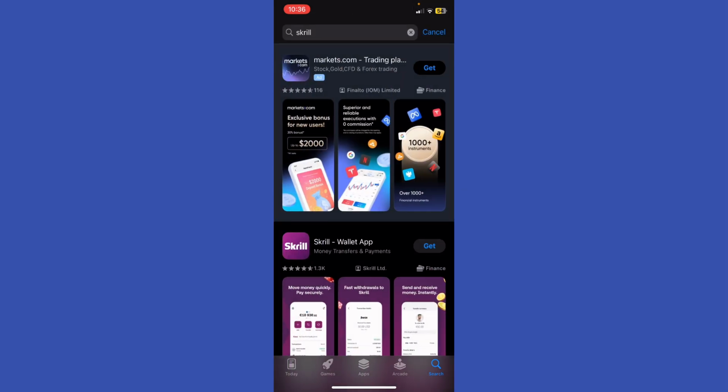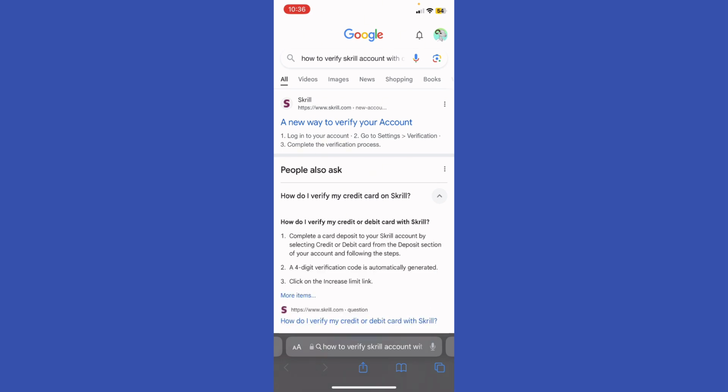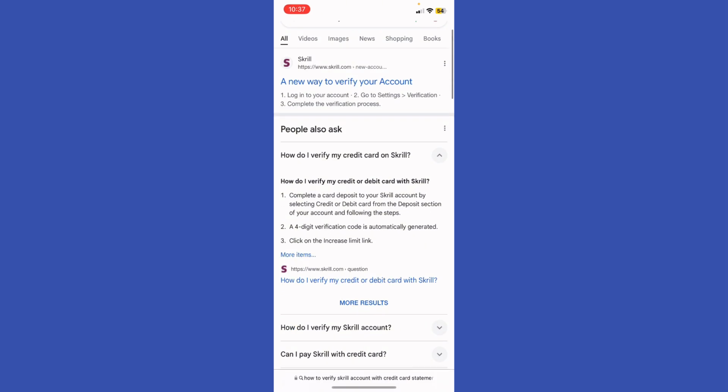Now what I'm going to do, I'm going to just go back to my screen, go ahead to my browser. Basically, you can verify your account in many different ways, and you can verify your credit cards on Skrill by completing a card deposit to your Skrill account by selecting a credit or debit card from the deposit section of your account, and then following the steps, and a 4-digit verification code is automatically generated, and click on increase limit